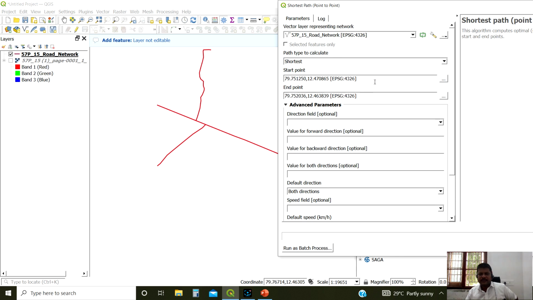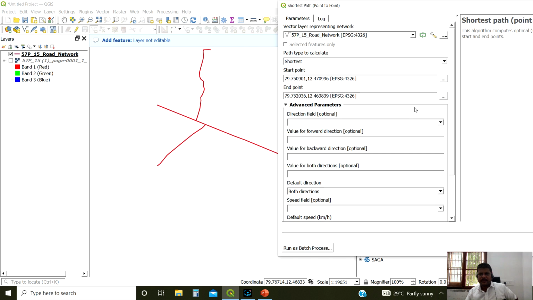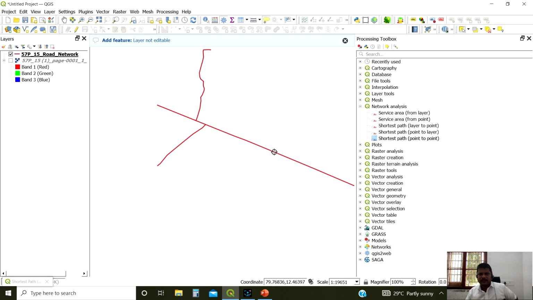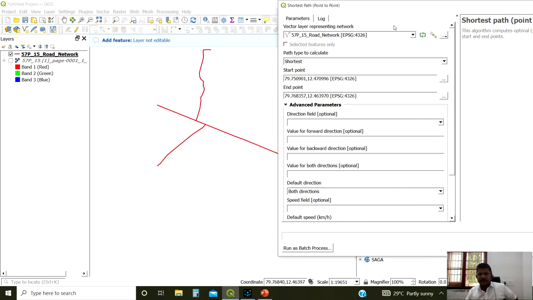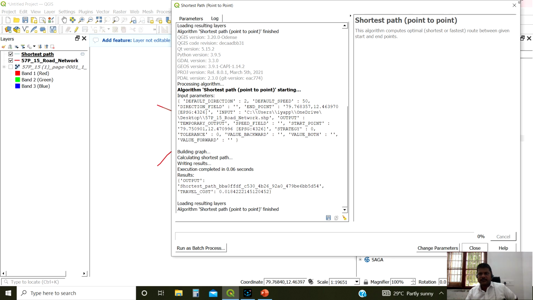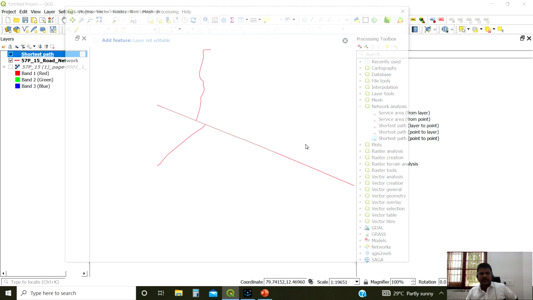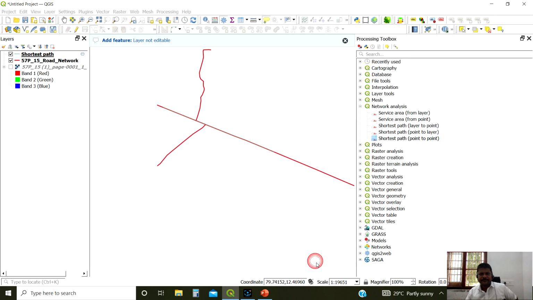That is the reason. Otherwise, if I pick this point and another point, you see how the system is predicting the shortest path. You see, it is appearing. Able to see? We can put some other color. It is showing the shortest path.